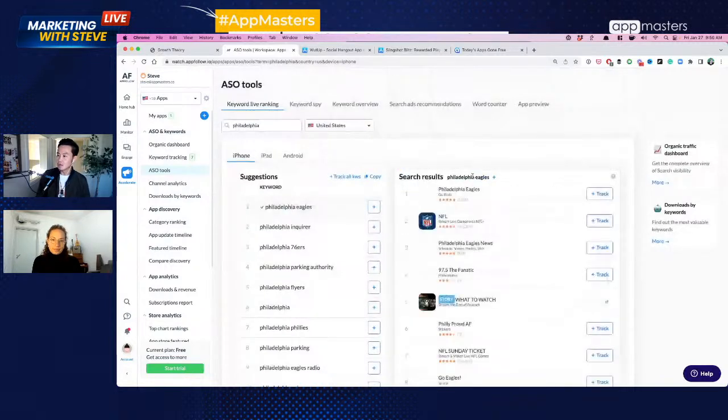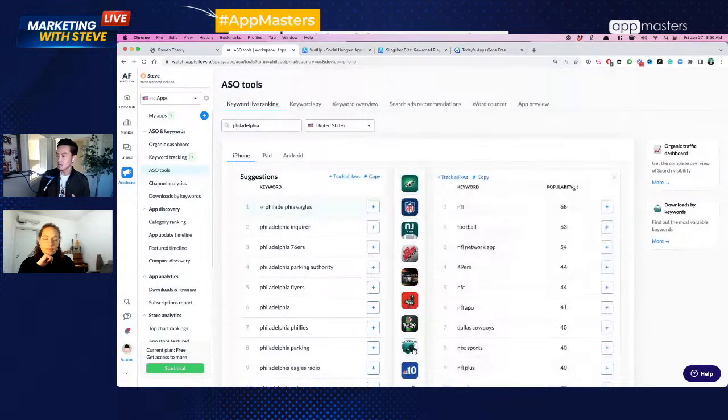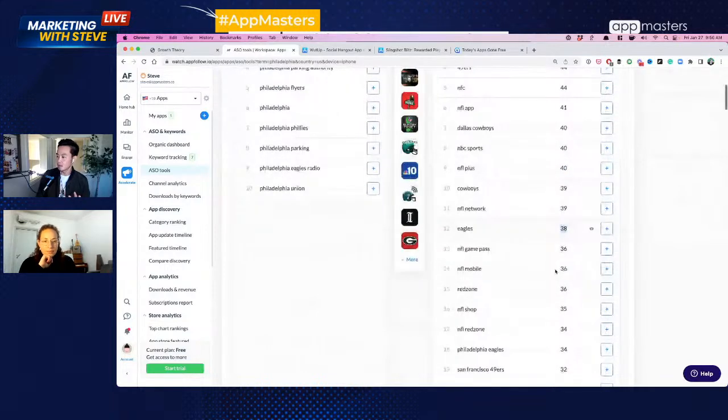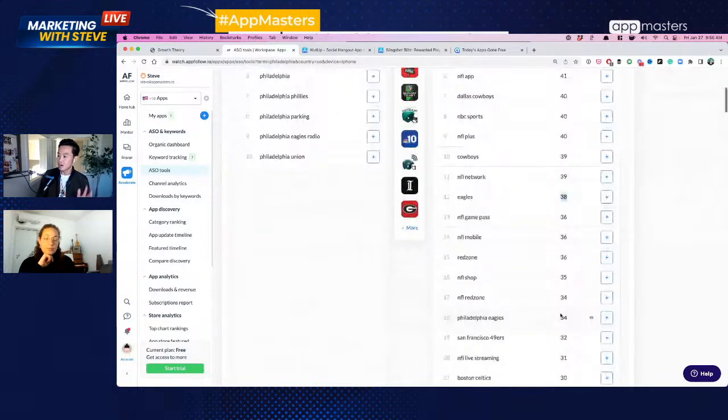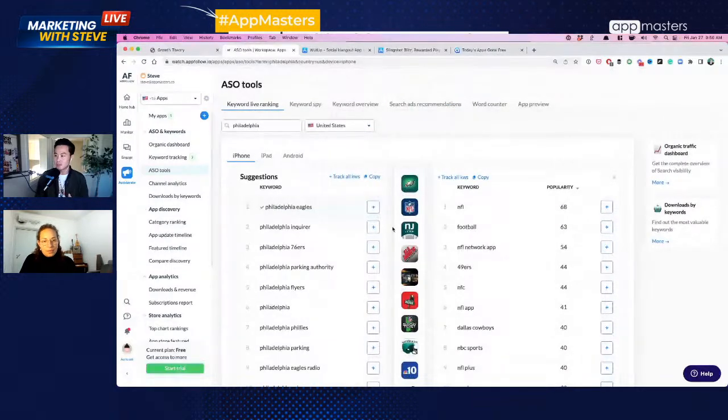And with sports teams in particular, you're only going to be competing with maybe an official team app. Let me try to pull it up. Cowboys, look, 40. The Eagles get 38. They're going to have traffic, 34, and lower competition compared to everything else. We helped a client who was only focused on Miami restaurants, by the way, and we were number 2 for Miami Heat, and we were able to boost their downloads that way too. Same with the dating app. We were able to boost downloads and get people in that particular region.